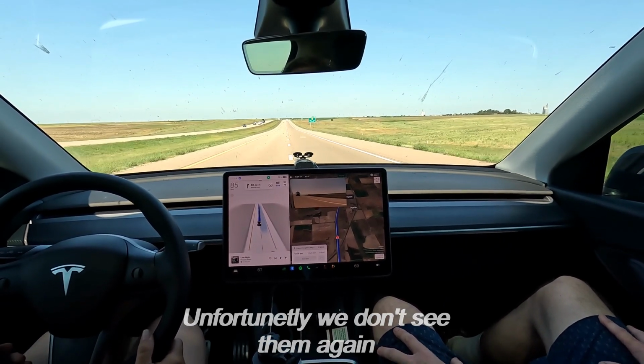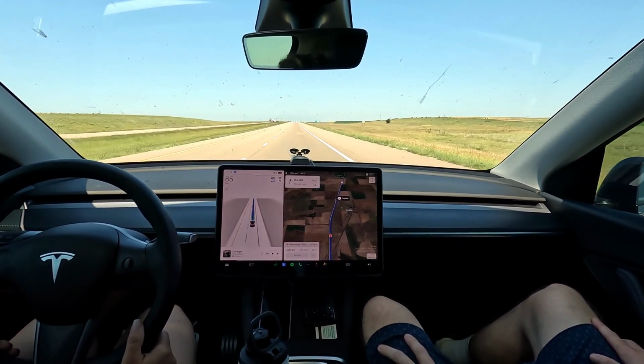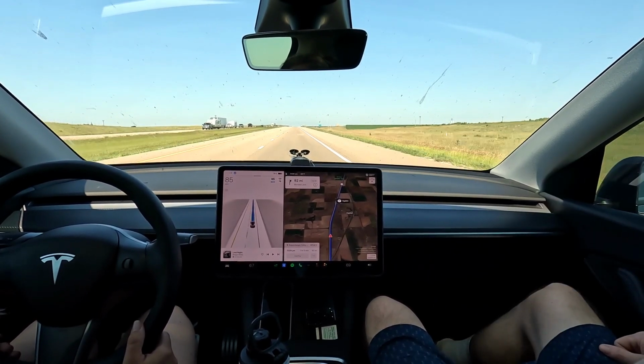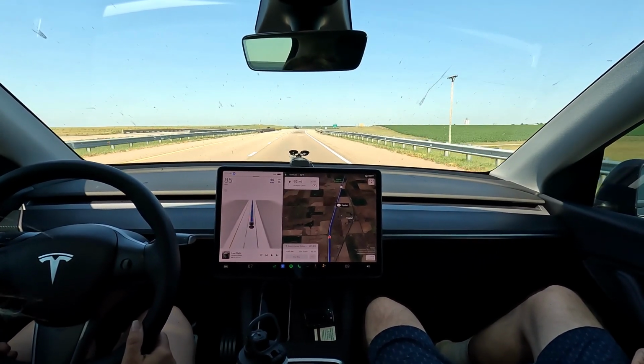And if I see them again, I'll bring it to you. But we are just having a great time. Military vehicle, enjoying all these beautiful pastoral plains here in Kansas, and looking forward to getting into Colorado. Might be driving into a little bit of weather too, so if we do, we will bring you that, but